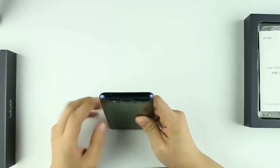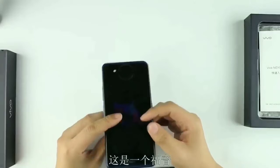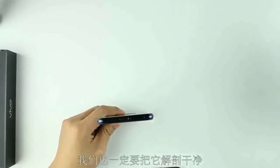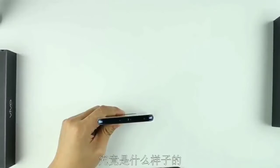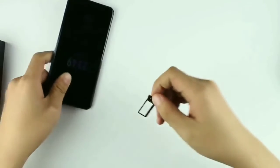But with all that horsepower and dual displays, it remains to be seen just how much battery life you'll get, and whether this can be a sensible daily driver for anyone. As with the previous Nex, this is likely going to be expensive, and appeal to folks who want a high-tech phone that stands out from the crowd. The company hasn't yet announced when it will be available globally,